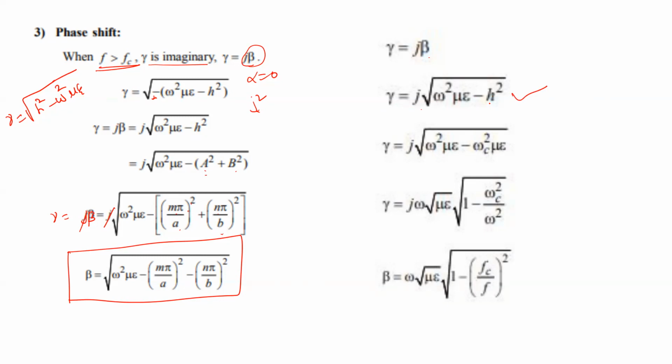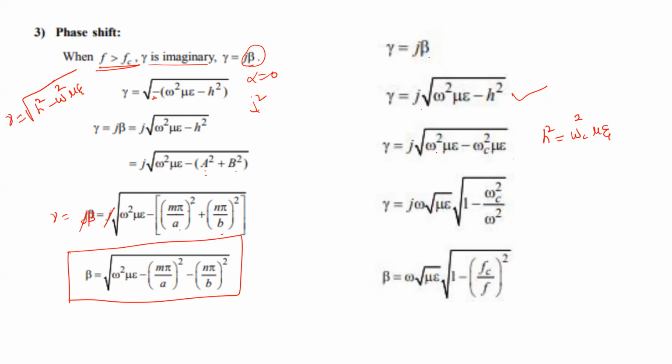Now, h square can be written as omega c square mu epsilon. So if we replace h square with omega c square mu epsilon here,